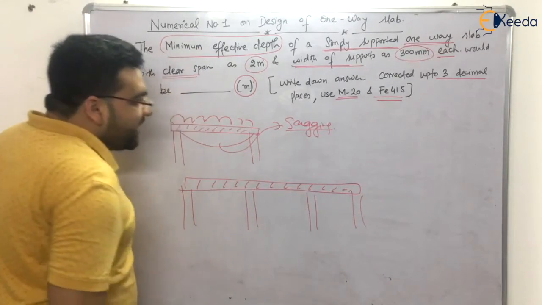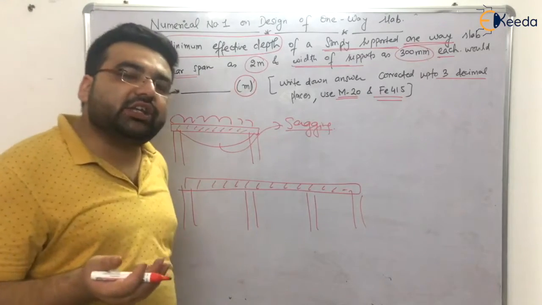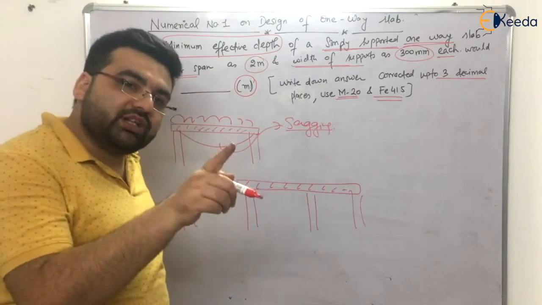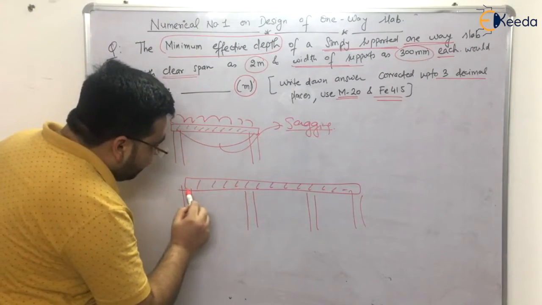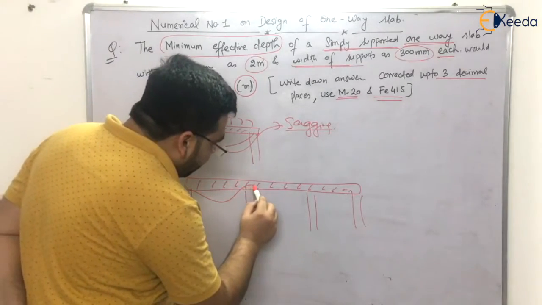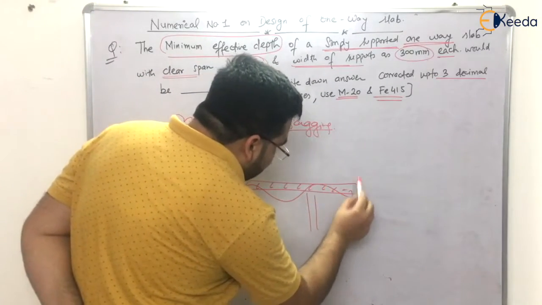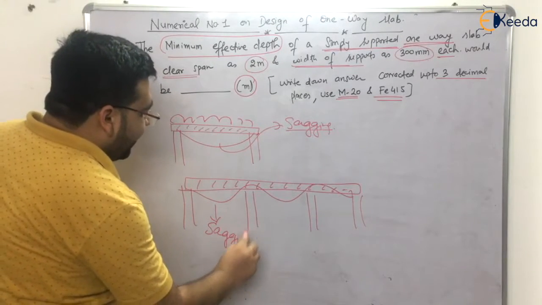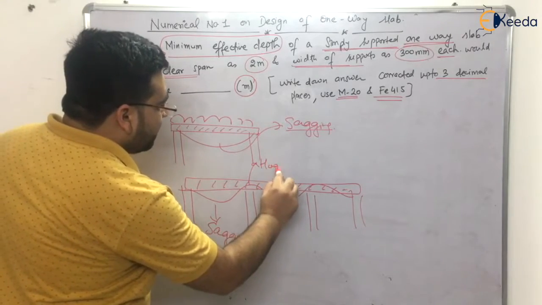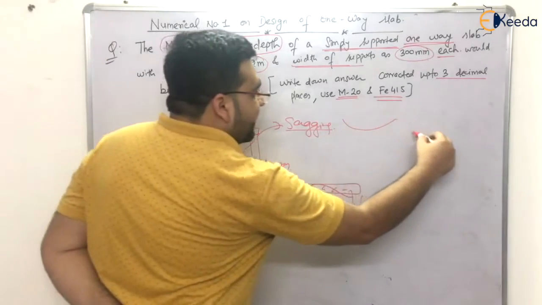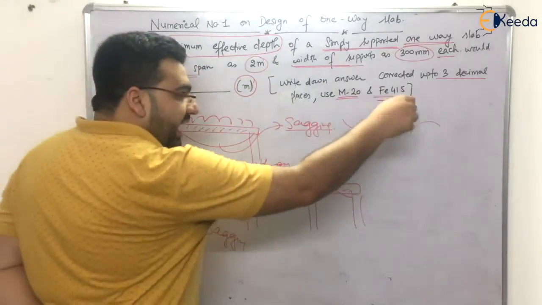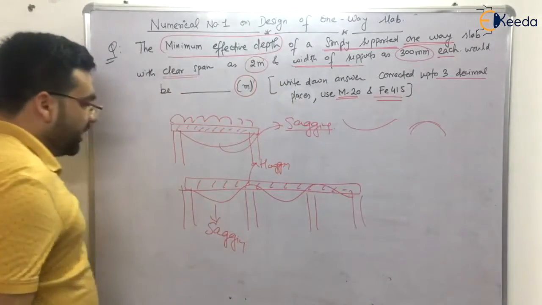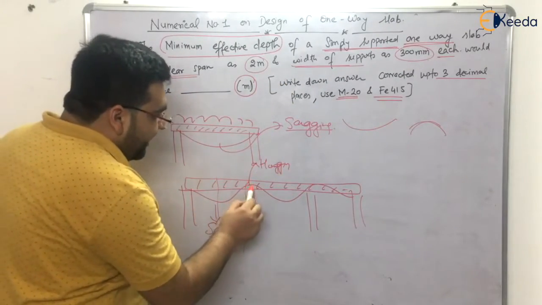But as far as the continuous slab is concerned, you must have studied the moment distribution method in structural analysis. Remember that? The deflection would be like this, and the bending moment will also be like this. So this is sagging moment, and here at the supports we have hogging. It is like a sagging wire. Now here we have sagging in the mid span, and here we have hogging.